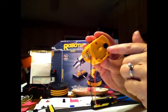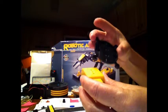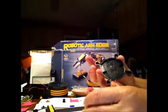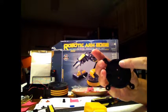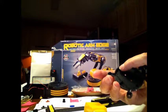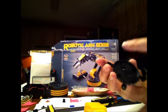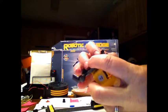You want to start with the part where you see the gear. That's going to be facing you, and you have your orange and black wire towards your left hand, and you're going to place your F3 piece. If you'll notice inside your F3 piece, there's a piece that has a little tab and a cylindrical piece sticking up, and that's going to go away from your wires like this. The flat side is against your motor, and you can see the slots there that should fit right